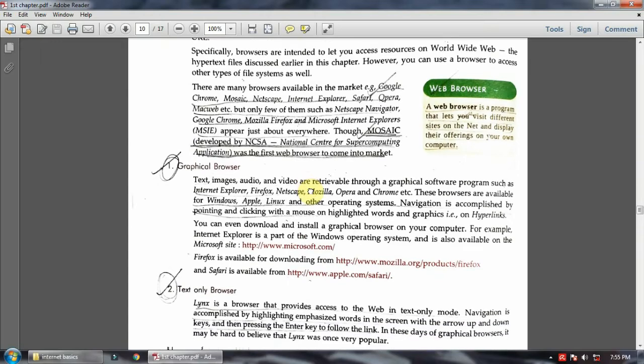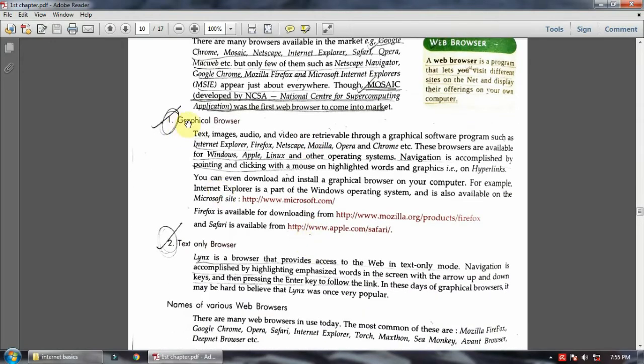Now there are two types of browser. One is the graphical browser and the other one is the text only browser. Normally we all are using graphical browsers. Text only browsers do not display any graphical things, they only display text. So this is the only difference between a graphical browser and a text browser. And a text browser example is